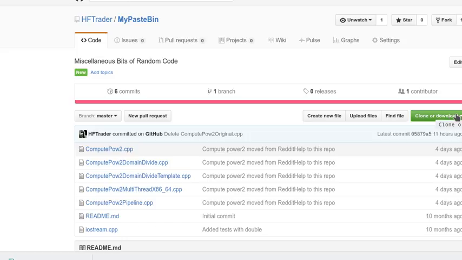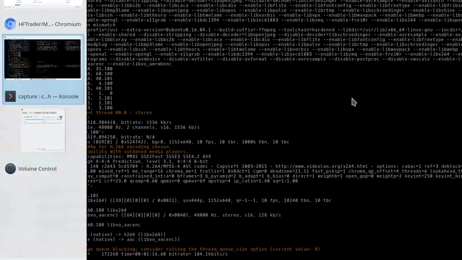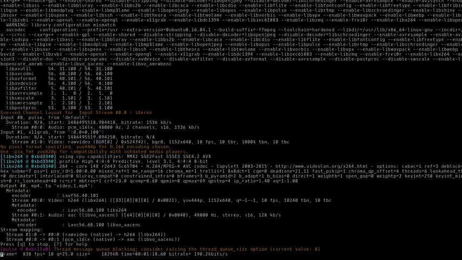So you come here and clone or download, then use HTTPS is fine. Copy to clipboard. I'm using Linux, so what I do is I can go to